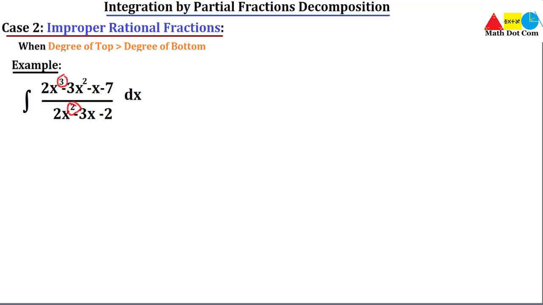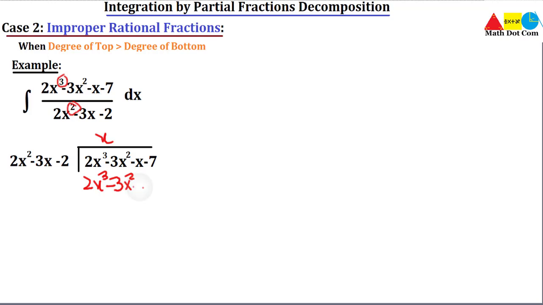So step 1 is we have to divide it, by the normal method of division, putting the numerator inside and the denominator outside. If we multiply the denominator by x, we will get 2x cube minus 3x square minus 2x. That's it, because we don't have a further term in the denominator. Let's write them like this. Change the sign, it will cancel out, it will also cancel out, and we will get x minus 7 in the remainder. This is the remainder and we cannot divide it further.